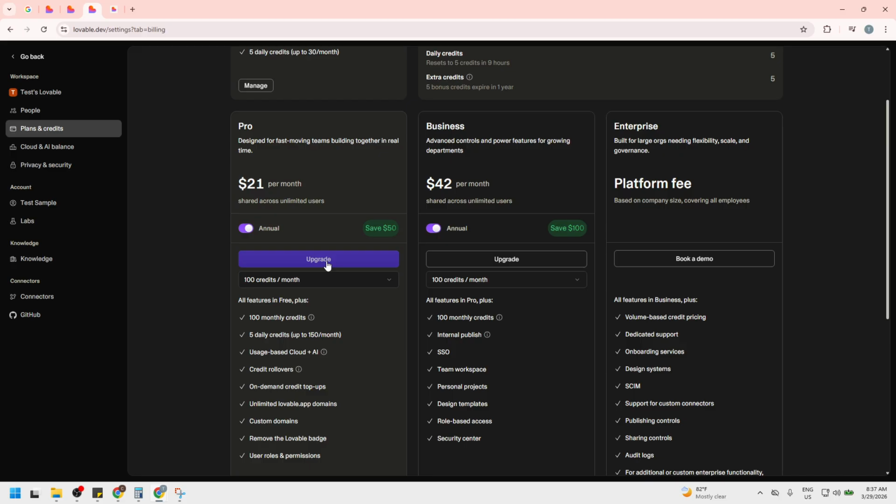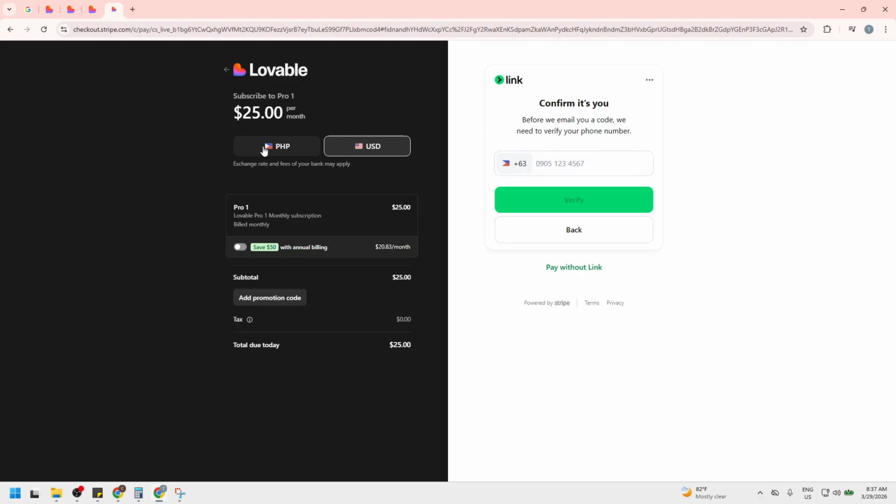You'll now be guided through payment. Follow the prompts in the secure checkout, which may use a service like Link to speed things up. Enter your billing details carefully, including your email for receipts, your billing name and address if requested, and your preferred payment method. Double-check the plan name, billing frequency, currency, and total before you submit. If there's a field for tax information or a promo code, add it now. When everything looks correct, confirm the payment.